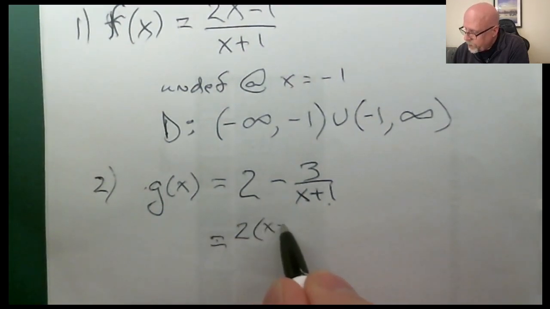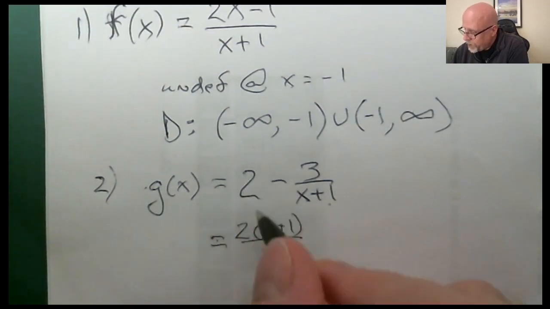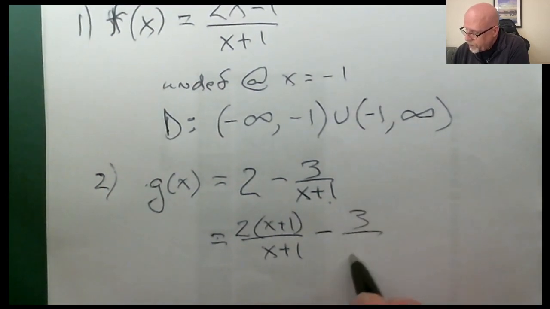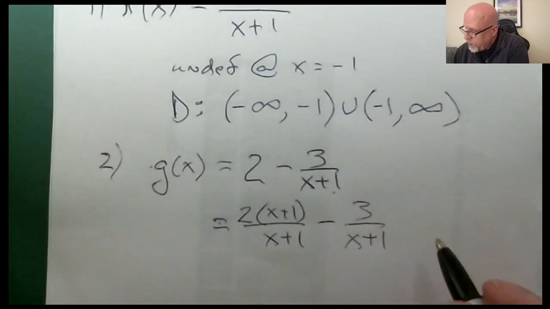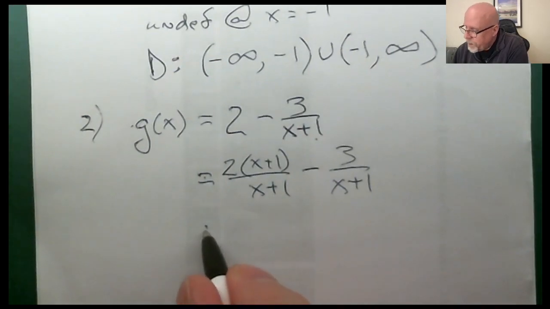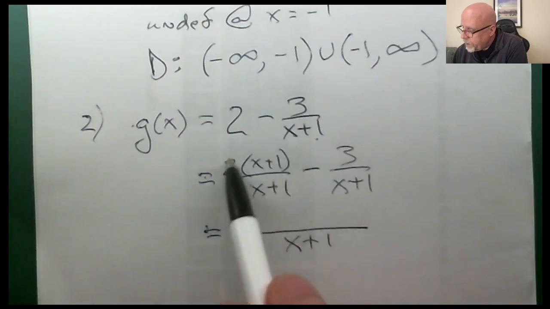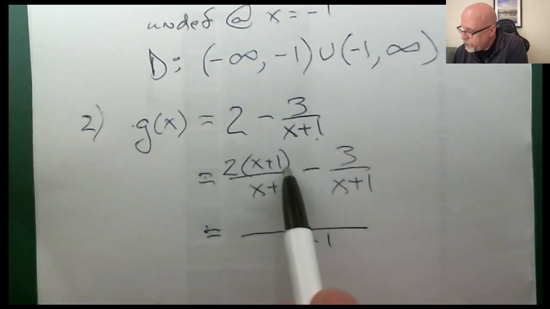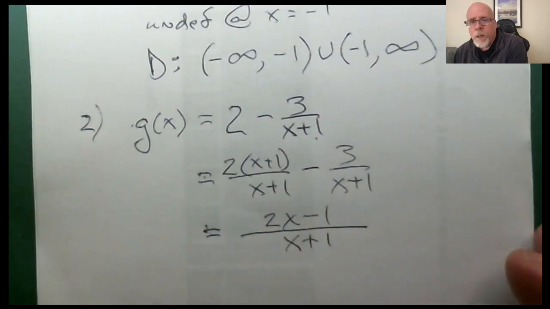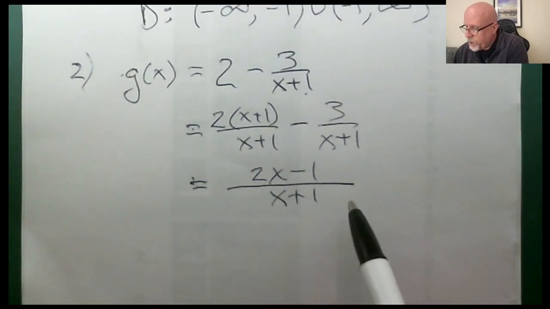2 times (x plus 1) over (x plus 1). That's replacing the 2 with a fraction that's got the right denominator. Minus 3 over (x plus 1). And that is going to simplify like this. The bottom is x plus 1 on both of them. And the top, when we subtract, will be 2x plus 2 and then minus 3. So just 2x minus 1. So there you go. We can do the job of writing it as a fraction of polynomials, but I just